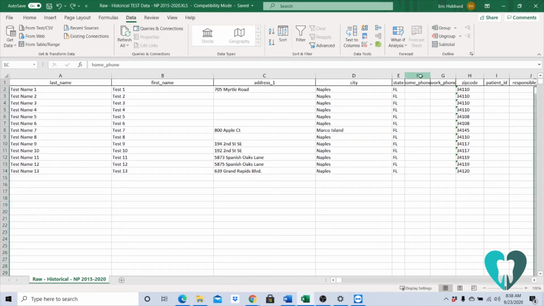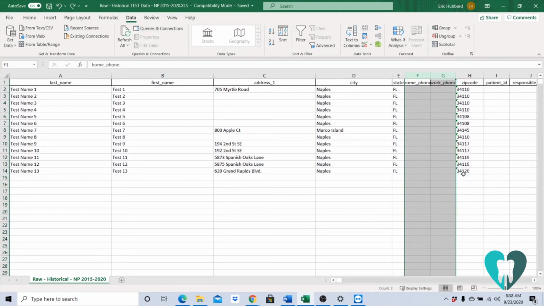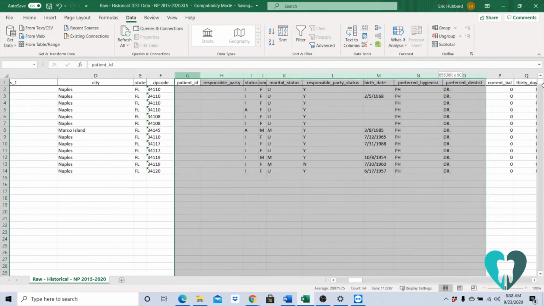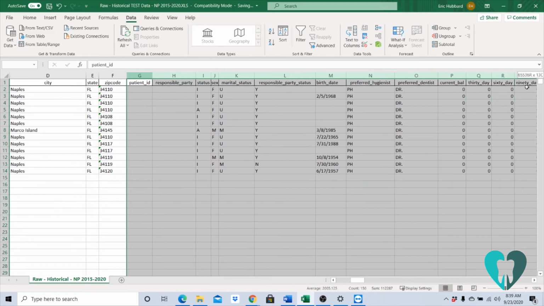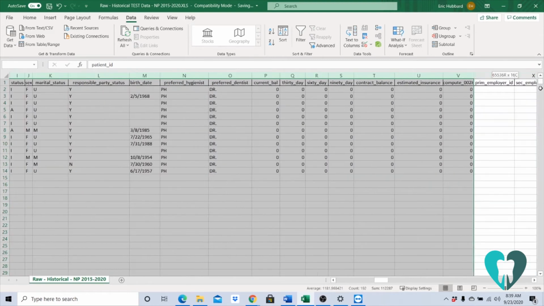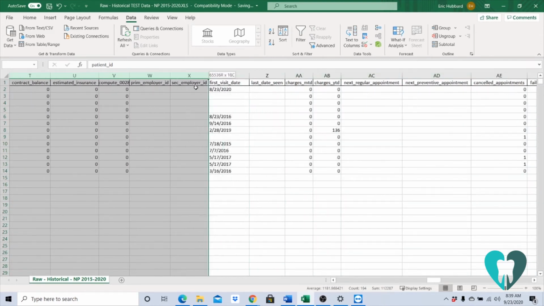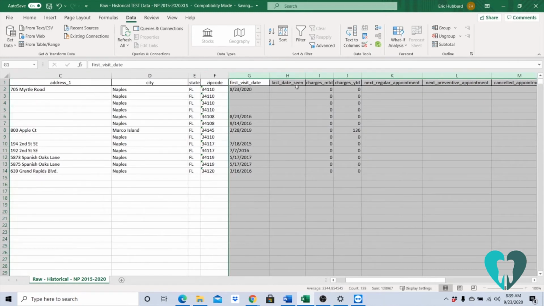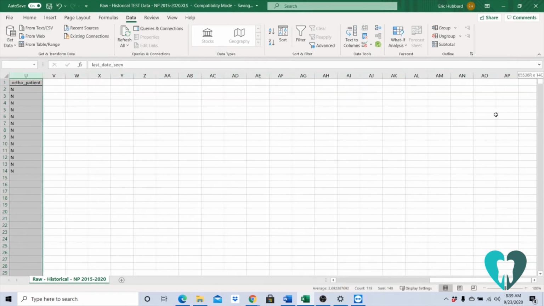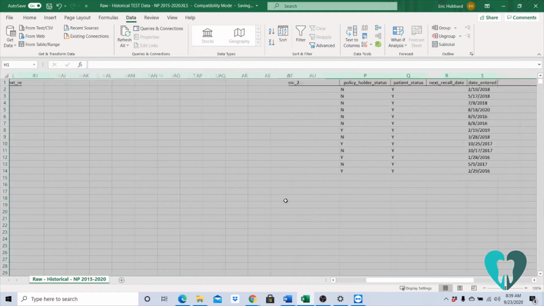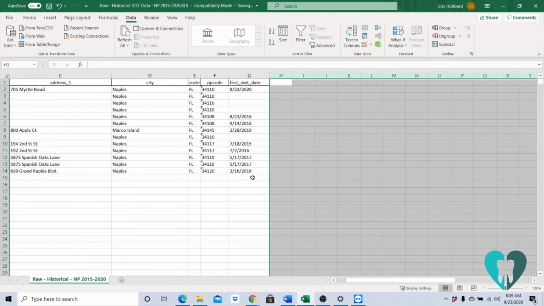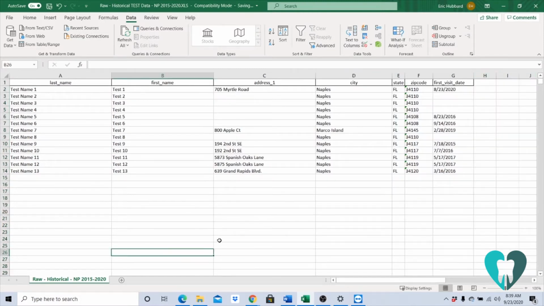So let's go ahead and do that now. All right. Now that we've cleaned it up to the columns that we need, the next step is to get